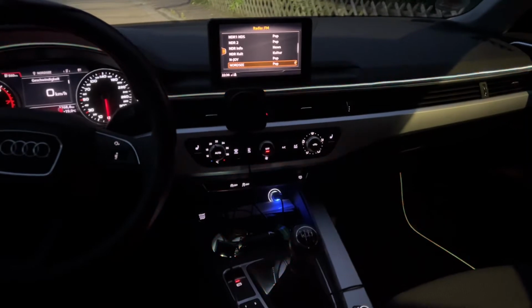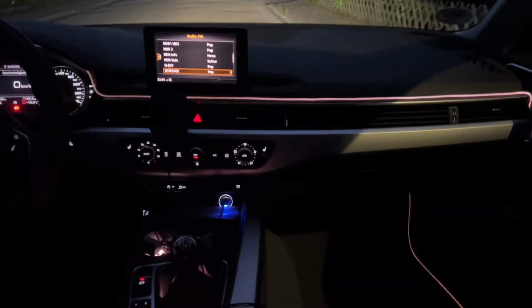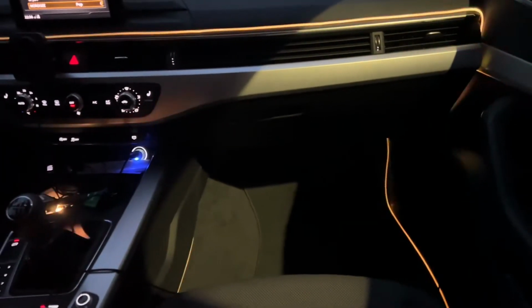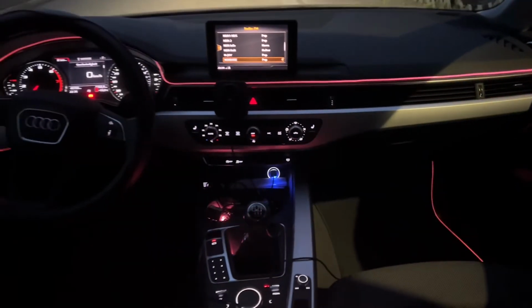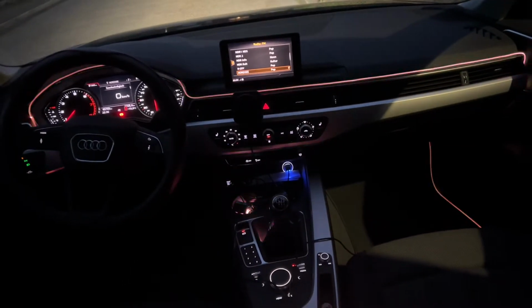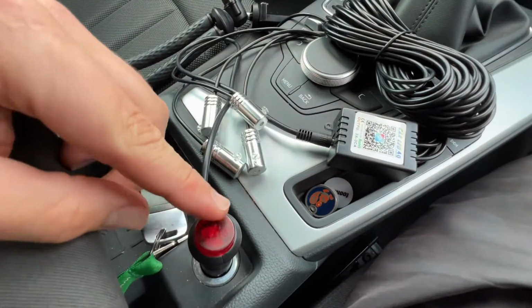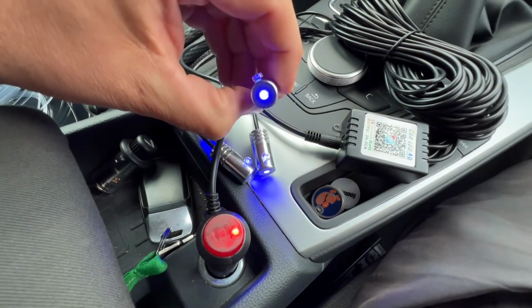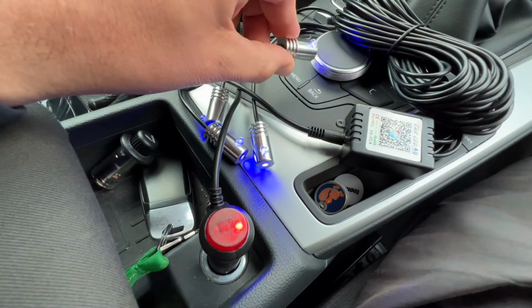It is a 6-meter LED car strip, an RGB strip for interior light. It's a neon light for your car, for your truck. It is powered by a 12-volt power supply, so you can use your cigarette lighter to get power for this LED bunch here. And you have to cut this 6 meters